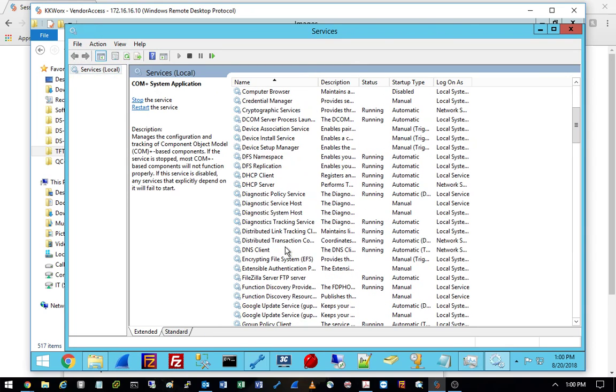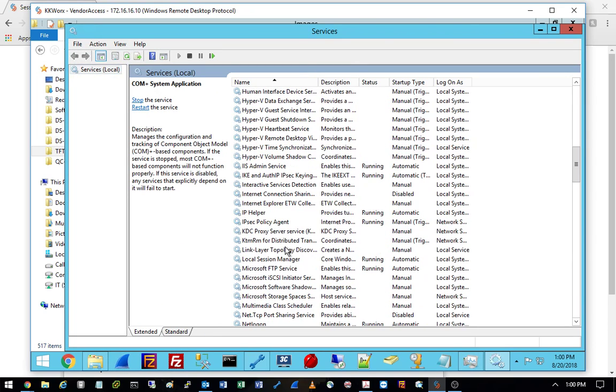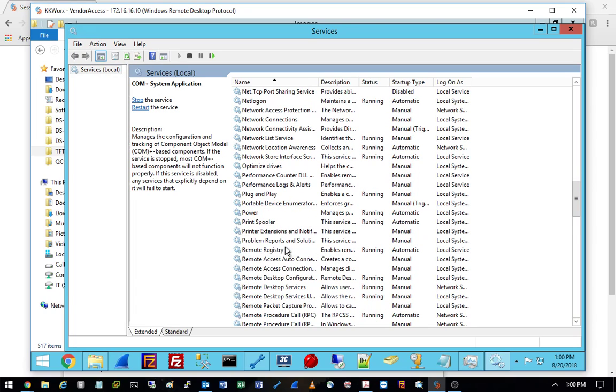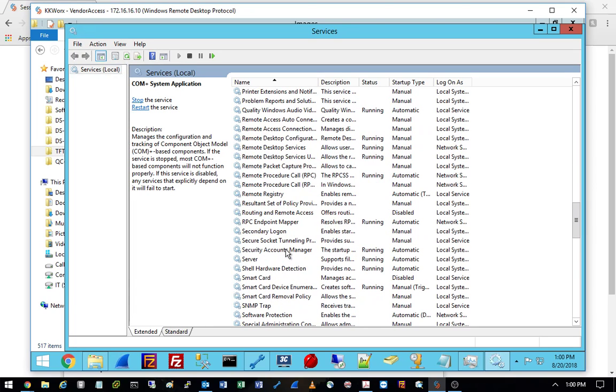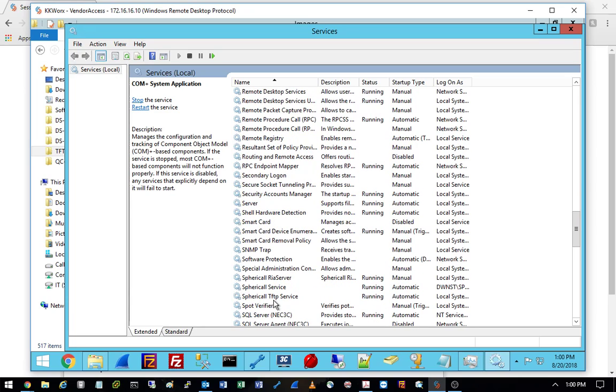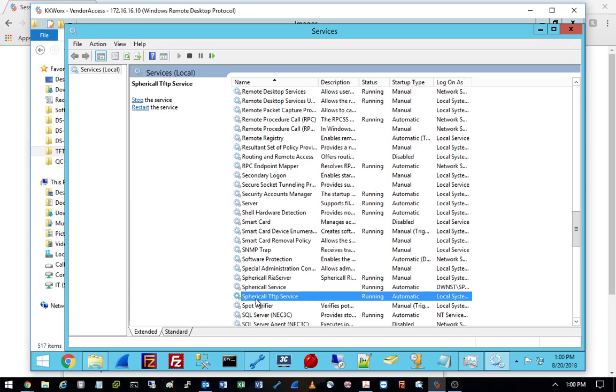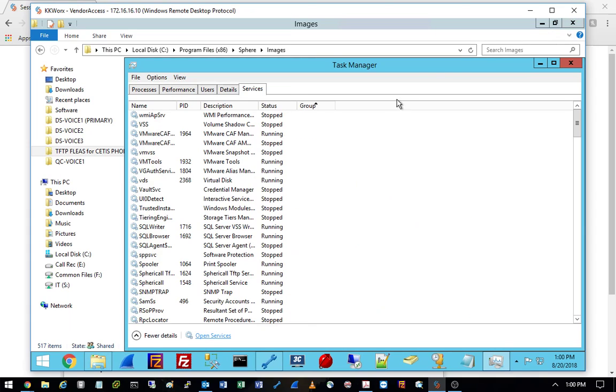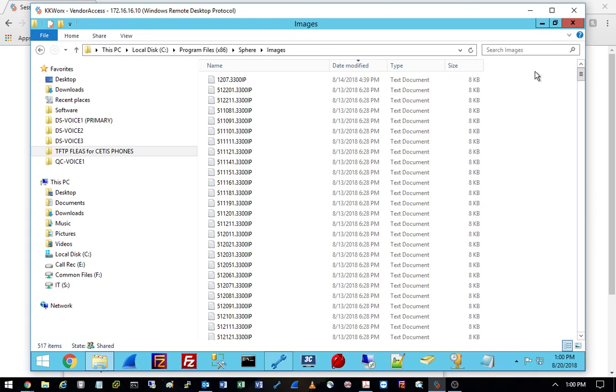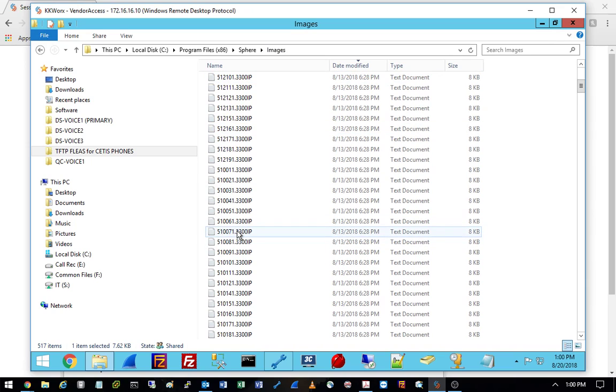It runs primarily, the reason it was there in the first place was to serve up images for phone hubs and co-hubs, and it's still running. So there it is, and that service is already running for that. In addition to that, we've added all these files into this folder. So this is what gets served up by the Sphere-Call folder. In here, these were mass produced by myself,